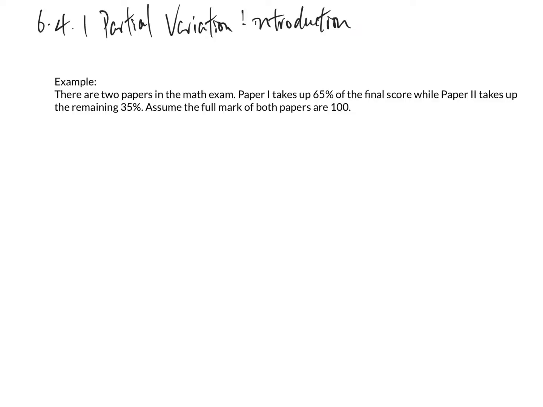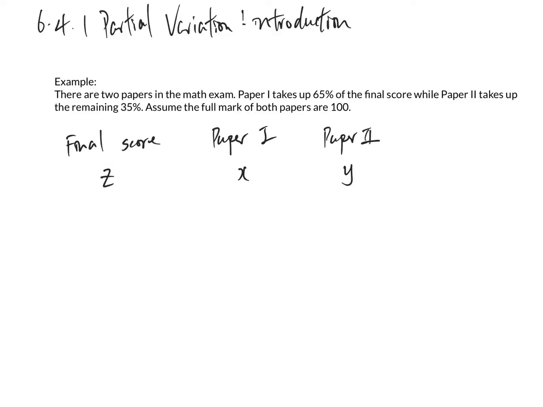The first one, of course, is what you're concerned about, your final score. The second one is the score that you make in paper 1. And the last one is your score in paper 2. So let's give these three variables unknowns. We let the final score be Z, the score you make in paper 1 be X, and the score you make in paper 2